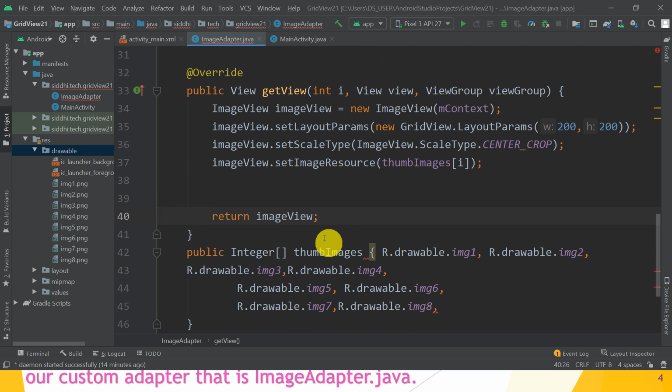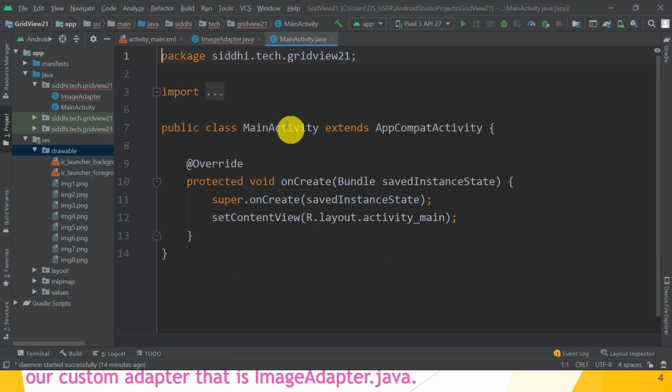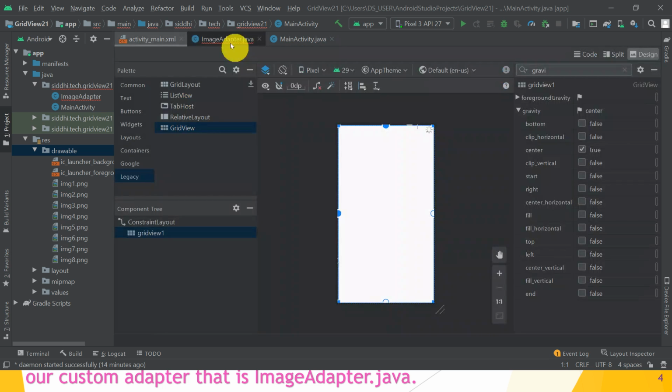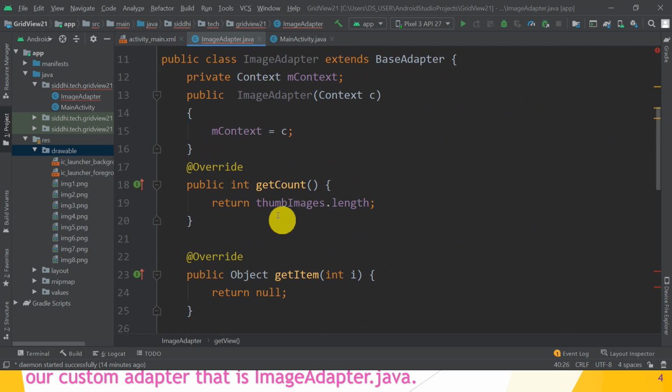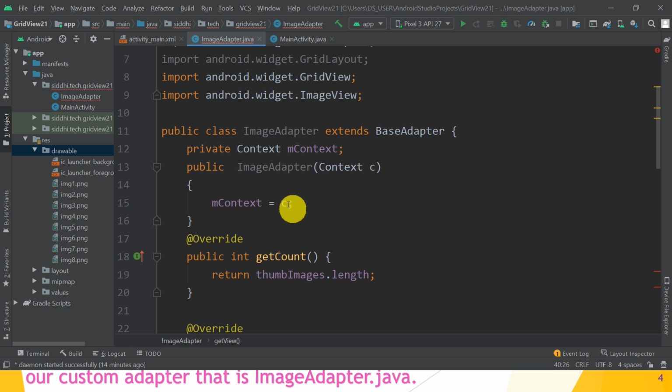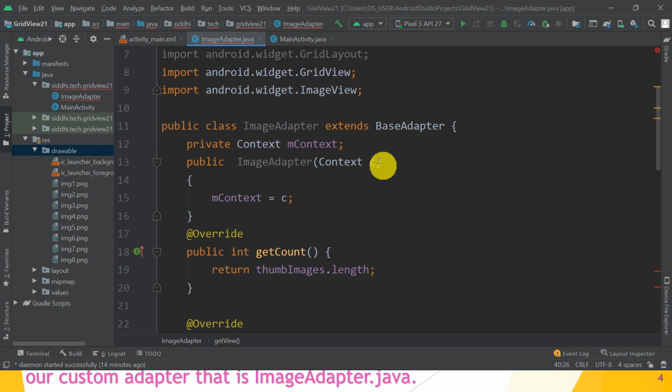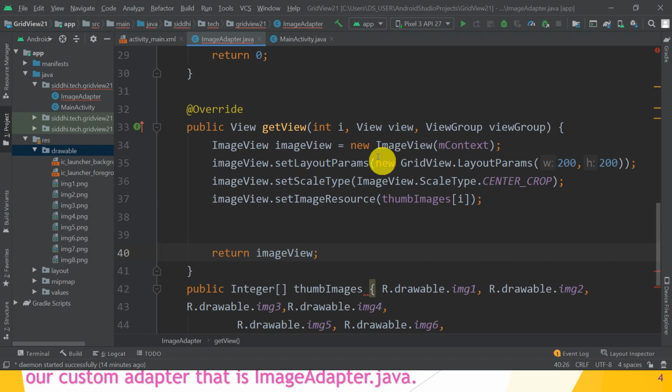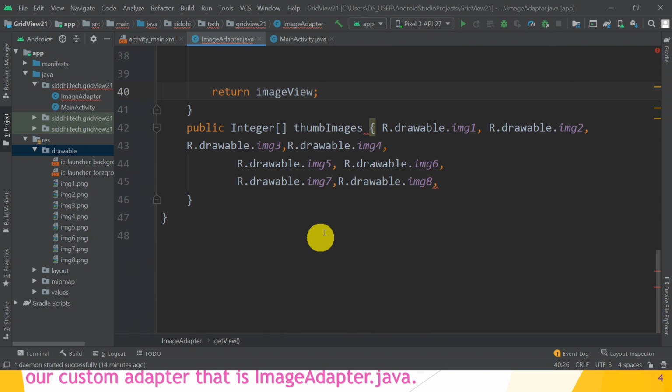Next, what is the next thing? So in MainActivity, we have created the image adapter class. Yes, we have created the image adapter class, which extends from the BaseAdapter. Okay. So is there anything remaining? Yes guys, it gives some error here.